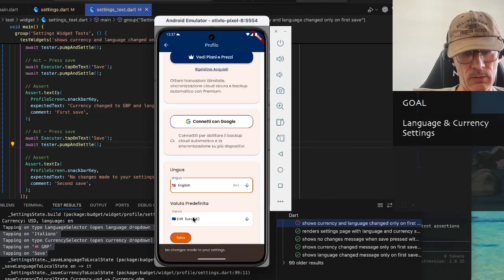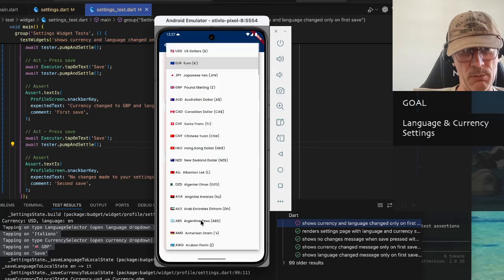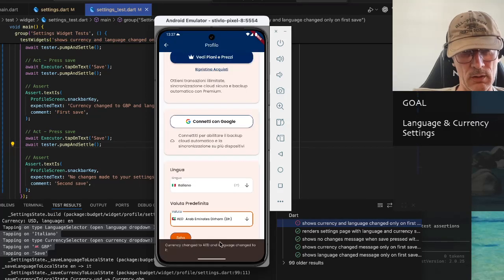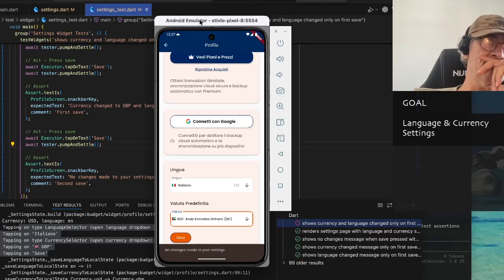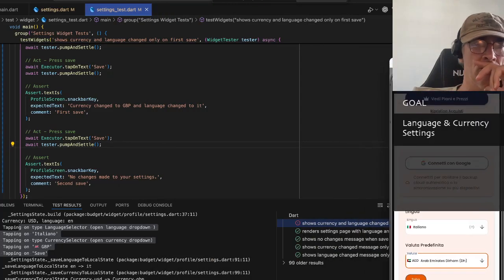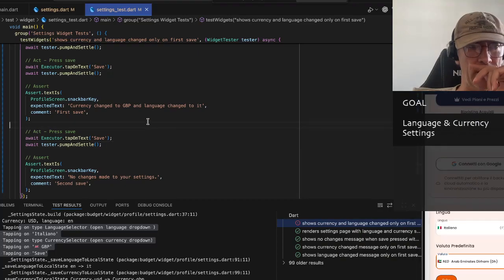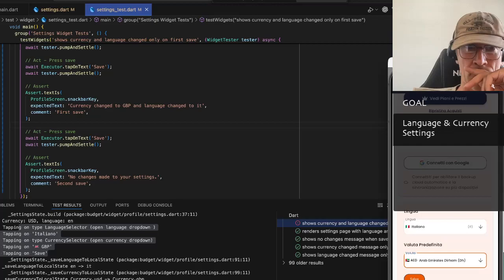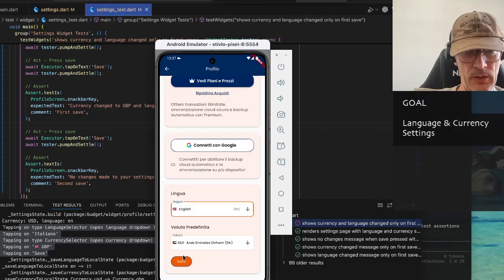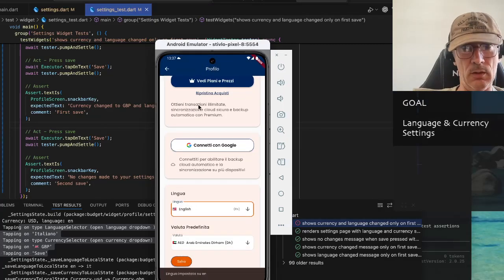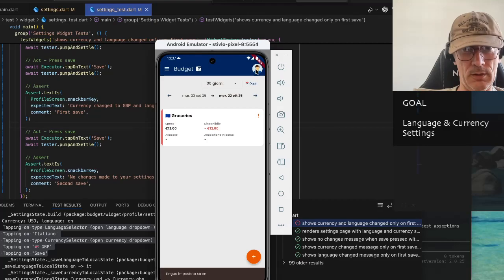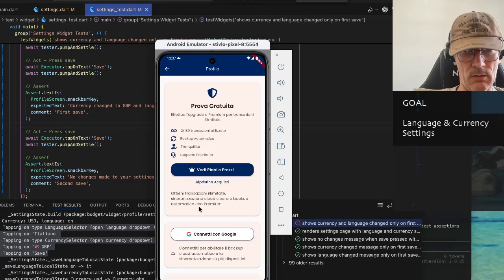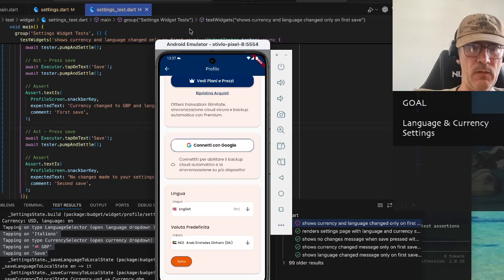No change. Oh, no, we don't. If we do change both, then I press again. No, that works. Is this a timing issue? Does the language change work? You need to restart the app, I think, to really see the changes. It keeps it, but